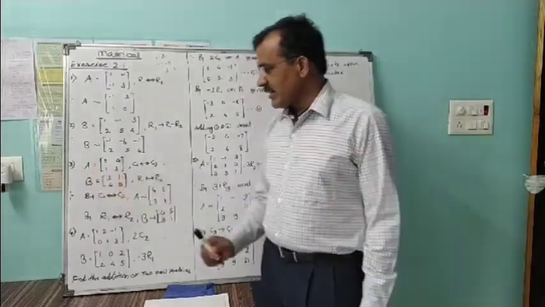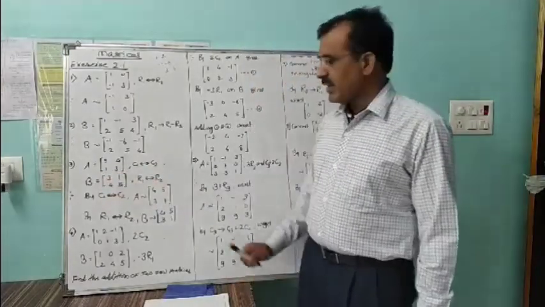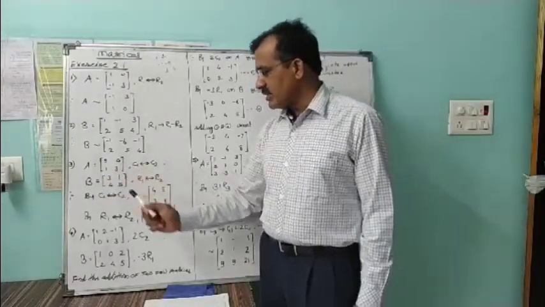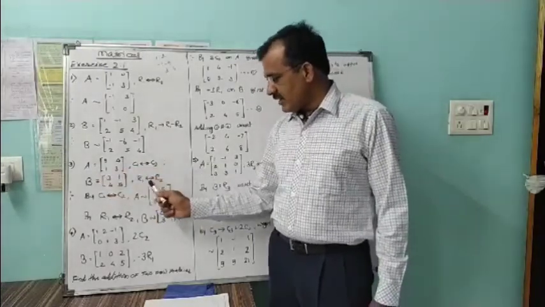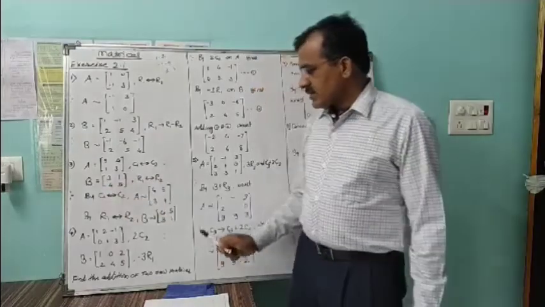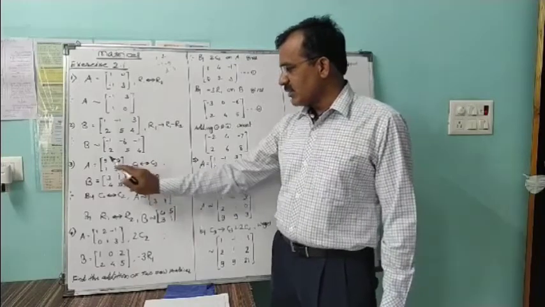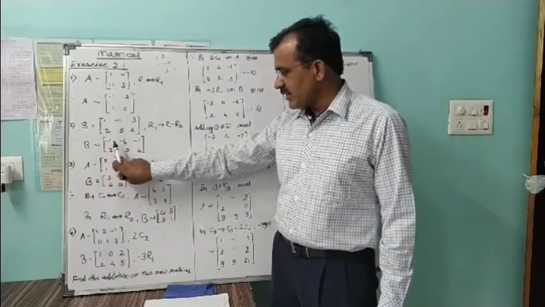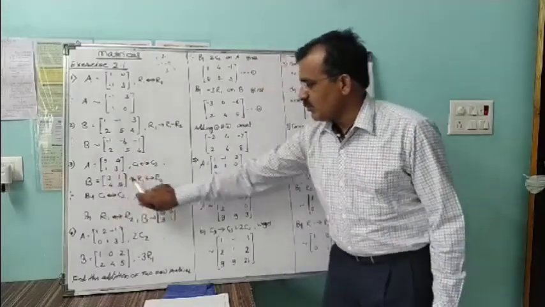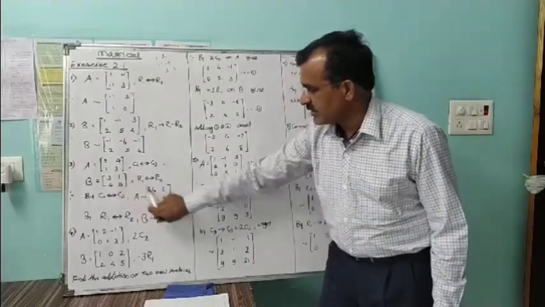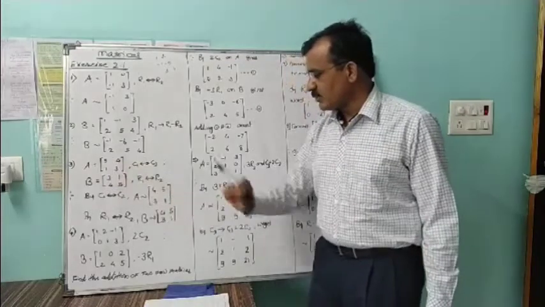Let us see the next example. In this case we are having two matrices, capital A and capital B, with 4 elements in each. We have to use this operation on A and this operation on B. So let us use this operation. This is a simple interchange of the first and second column. So in A, the first column and second column are to be interchanged. By this operation matrix A is transformed into a new structure. The second column, that is 4 3, will be at the first position and 5 1 will be at the second position.